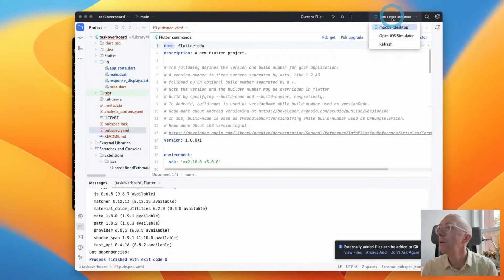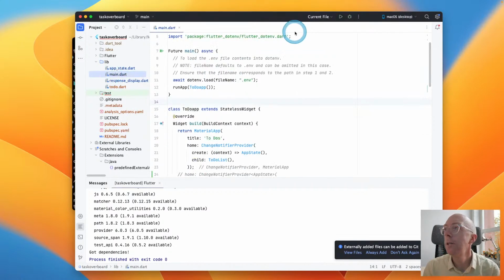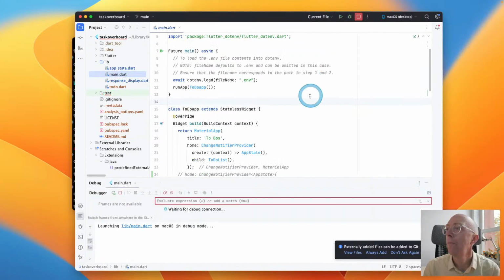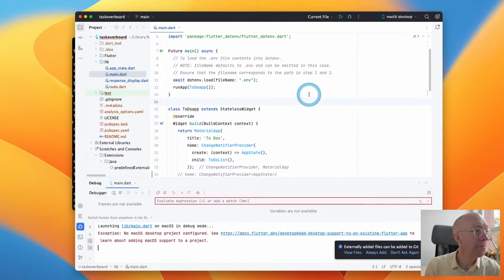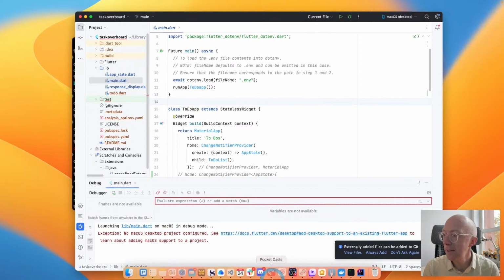So we're seeing some of them here, no device. And this is another interesting thing where I don't really know what's happened with my project because I had a browser enabled as a destination here and all that kind of stuff, and it's not working. I don't think the macOS one is going to work either because I don't have Xcode installed. I don't think this is going to run, but we can try. It doesn't really matter if it fails. No, it's not going to work because I don't have Xcode installed.